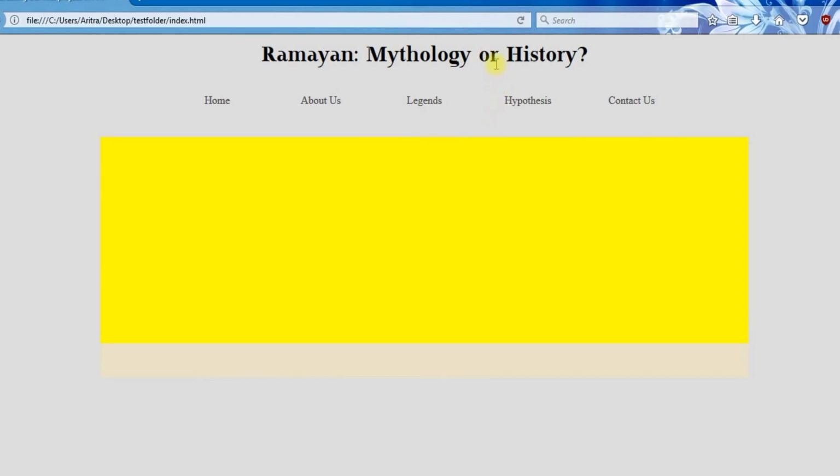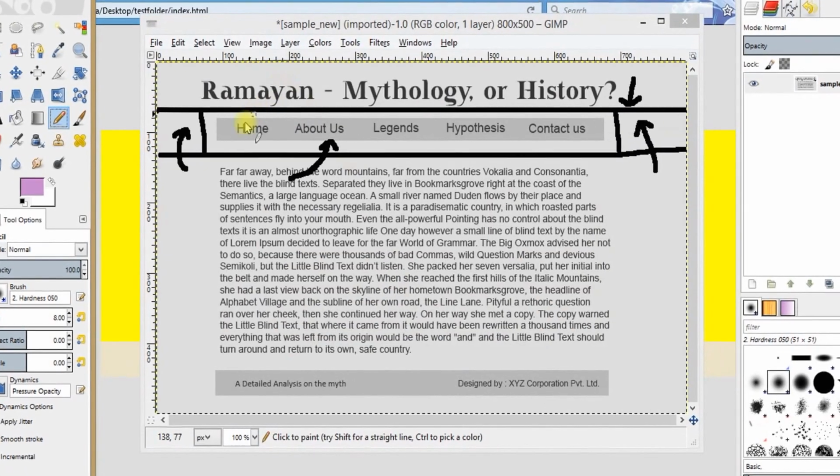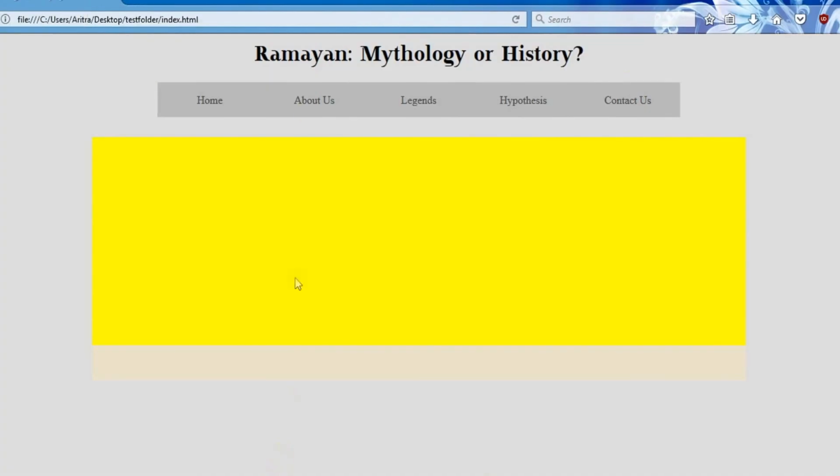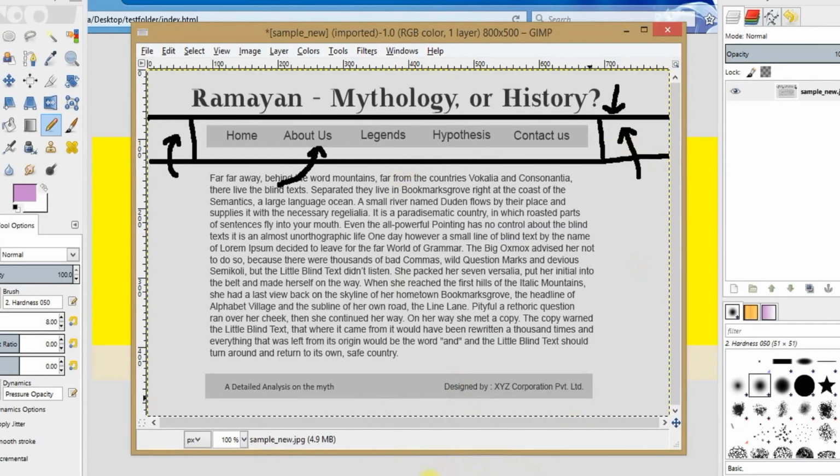Coming back to our project, reload, and we see now that this background color is now appearing over here. So everything is coming in order so far.